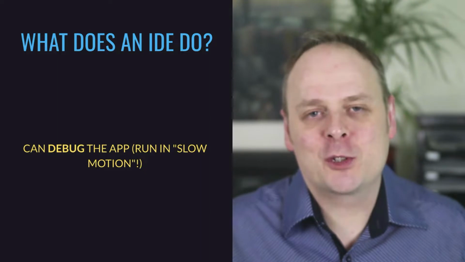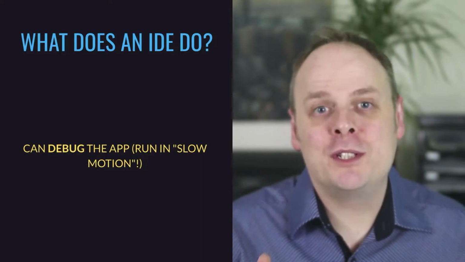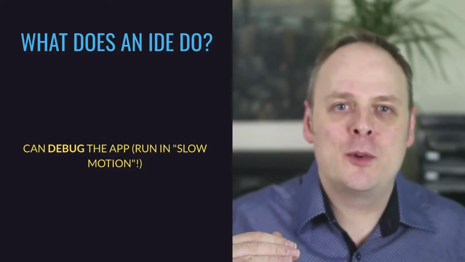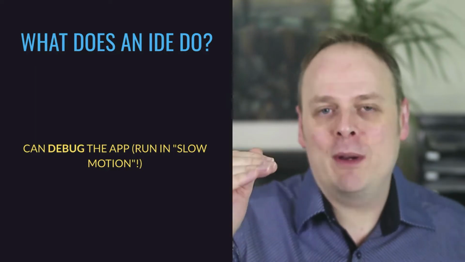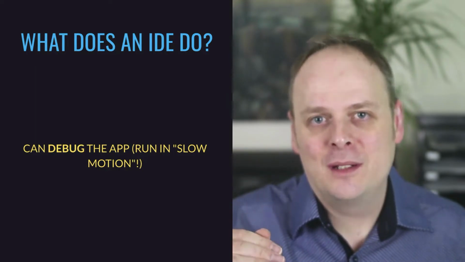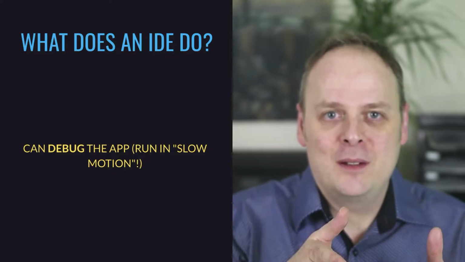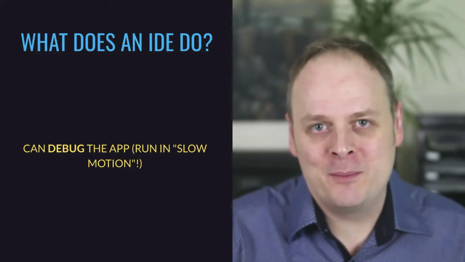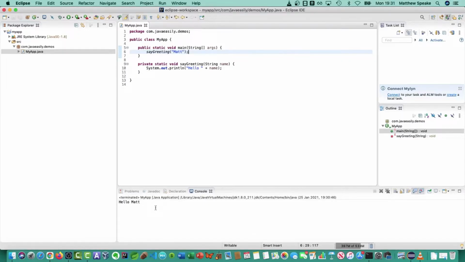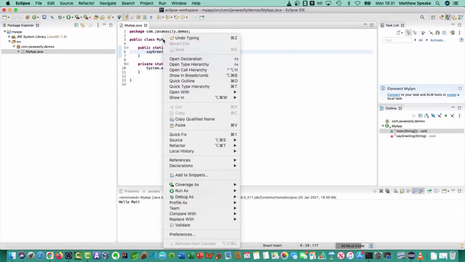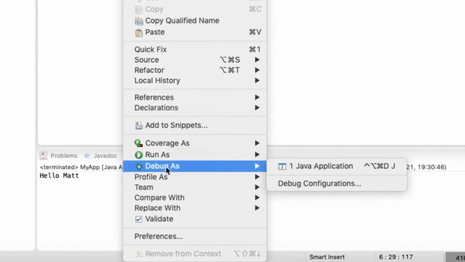It's the best way I can think about describing it, but this is what you do pretty much when you're debugging a program. It allows you to go through what's known as step over each line of program code as it's being executed. Then along the side of it, you can actually see what's happening to the other areas of your program. Now to show you the idea about debugging that we were talking about before, I could right-click and do run as, that will just run the program, but I can also do debug as, and I can debug the program.